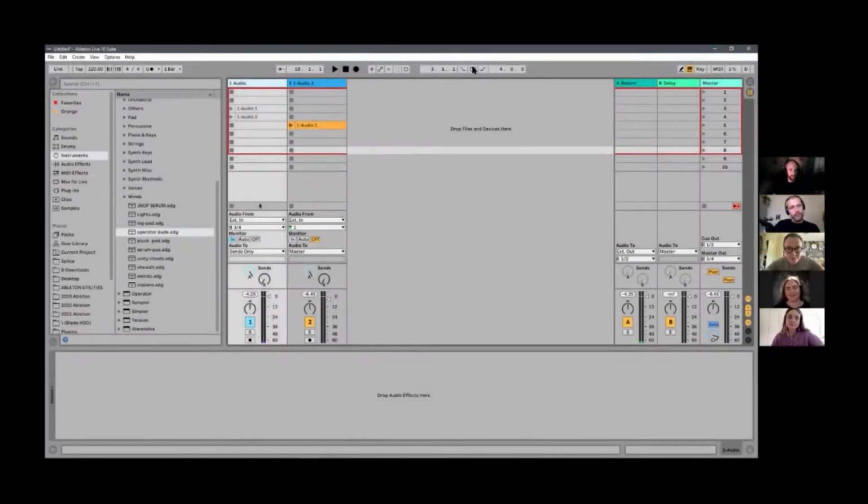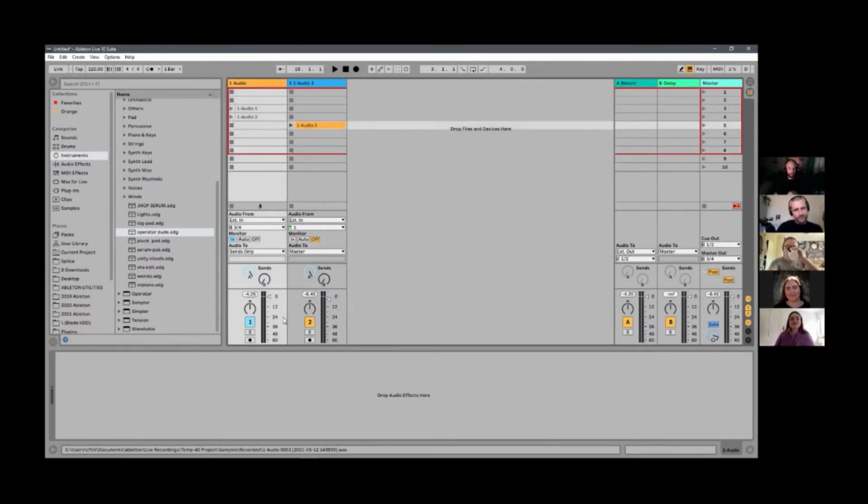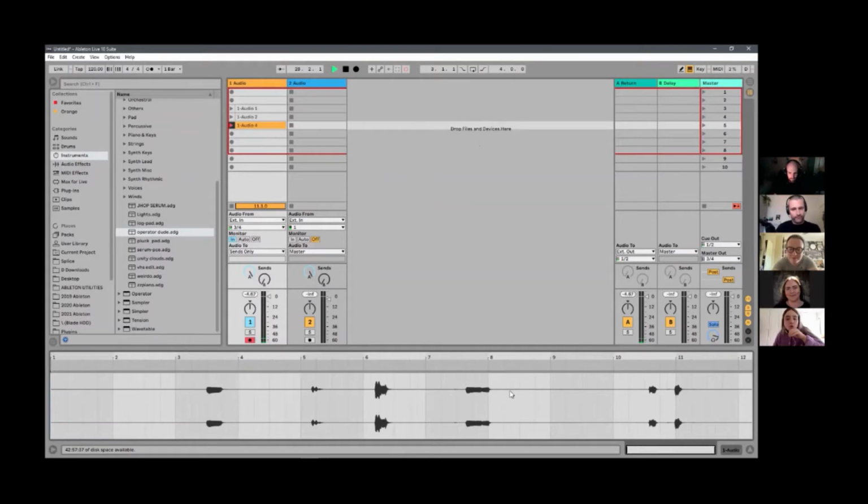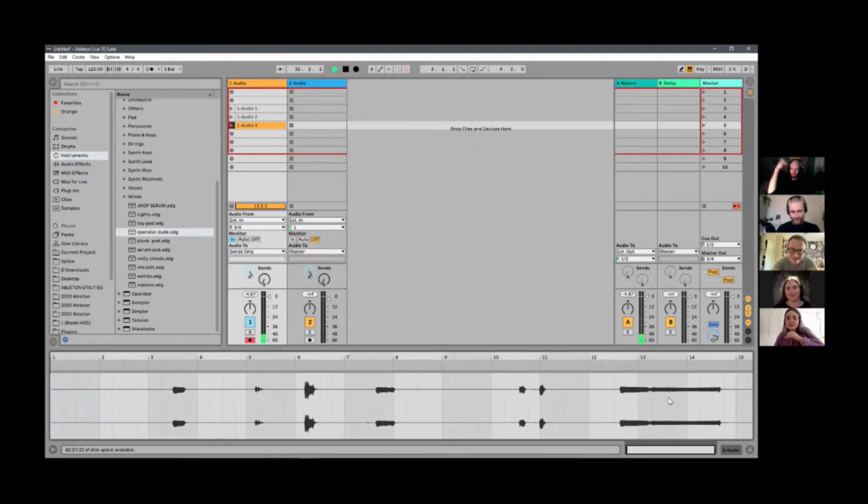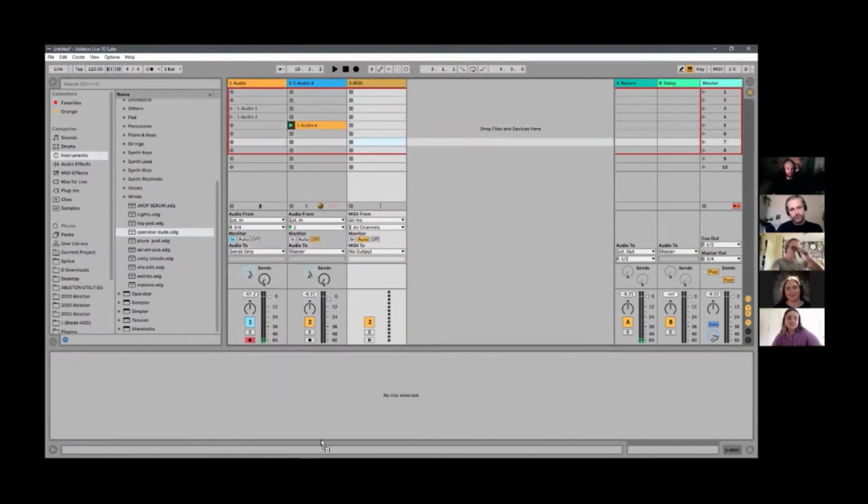Let's get a different volunteer. Let's go with Orla. Orla, we're going to need a sample from yourself. Could you just say ooh? Okay, could you just say it for a little bit longer? Just slightly longer than that. Yes, look at that big juicy ooh. Let's put this on our instrument.